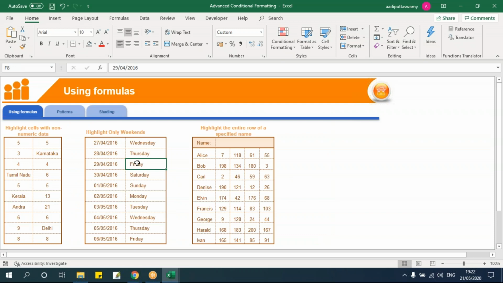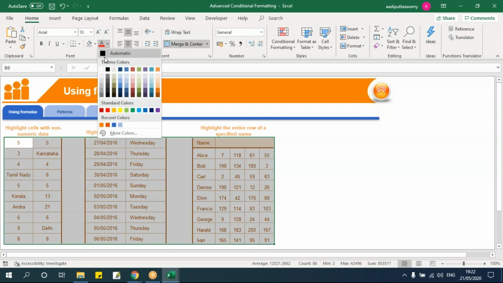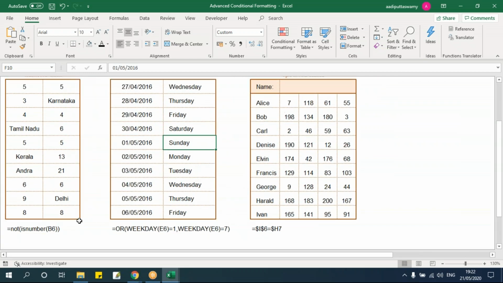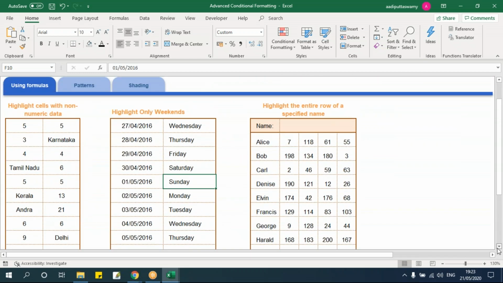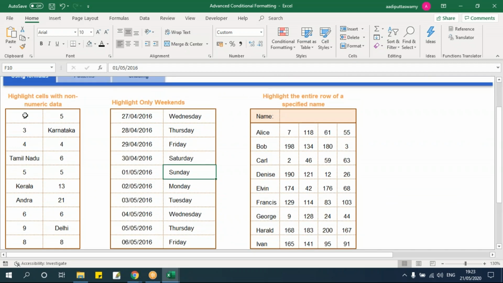Customization means you are applying some formula. Let's assume, let me just change this to red black color. Here if you see, I have a table here. I need to highlight all the non-numeric data. That means the text values, whatever you see here, has to be highlighted.